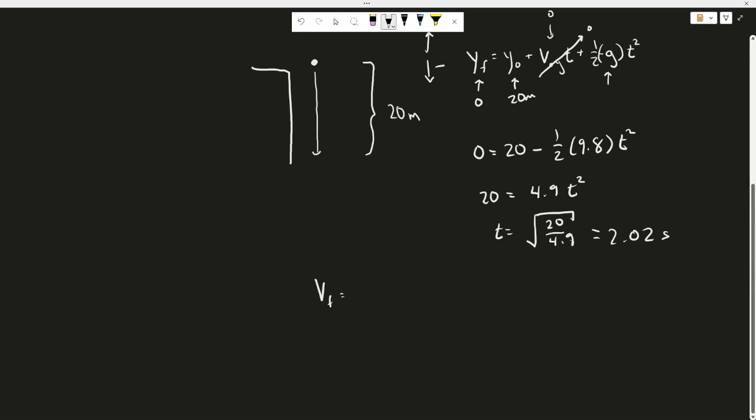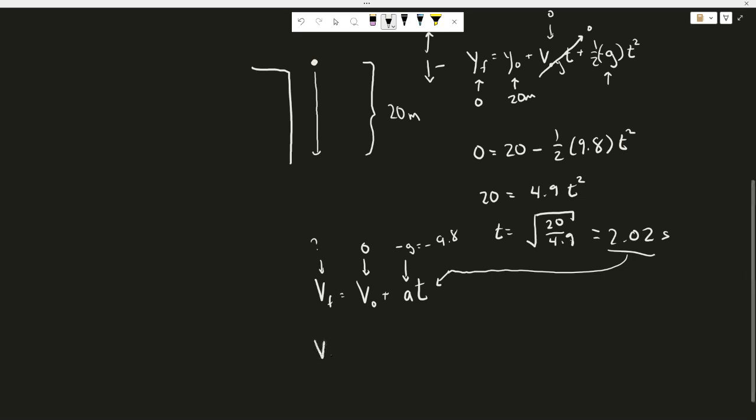V final is equal to V initial plus AT. And in this case, our V final is what we are looking for. Our V initial is 0 because we weren't shoved downward. Our A is going to be minus G, or minus 9.8 meters per second squared. And our T, well, we solved for T here. So our T is going to be this 2.02 seconds. That means that VF is equal to 0 plus negative 9.8 times 2.02. This gives about 19.796